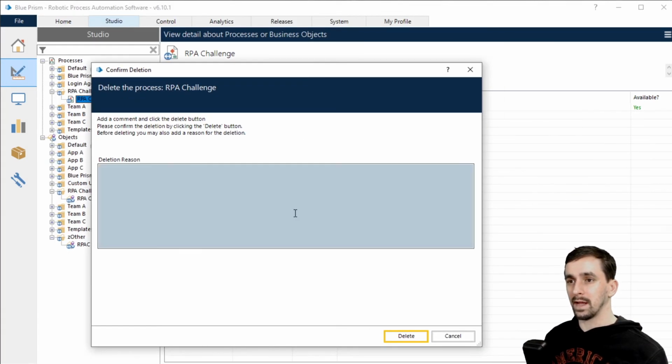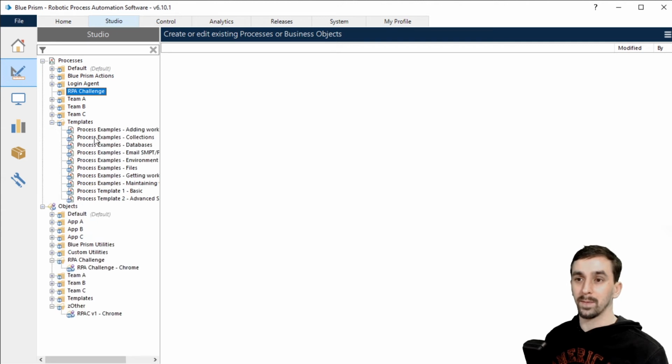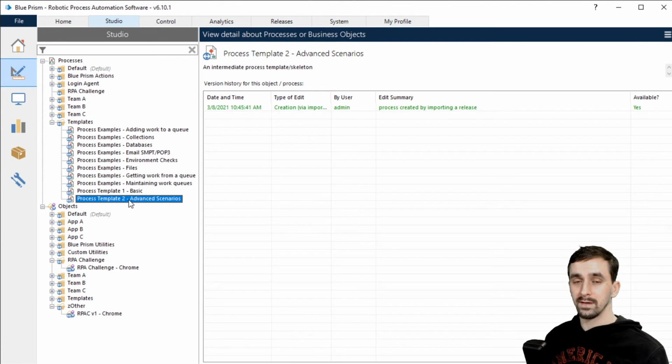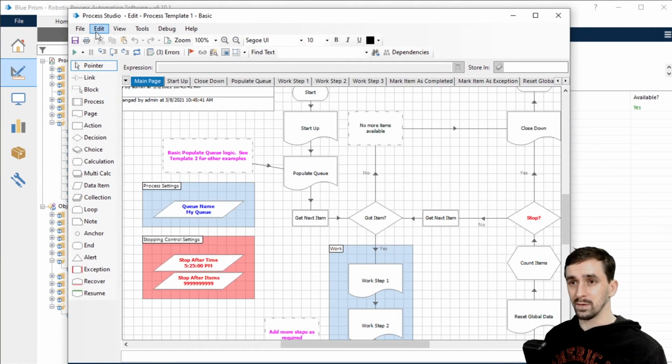And I did say that I wanted to try to do this like I really would for production. Now, let me just point out, I would probably, in a real scenario, use this template, the advanced scenarios template, but that one takes a lot longer to fill out because it's an advanced template. You have to do a lot more deleting of pages and configuring of your own items, data items, and control flow and stuff like that. So I'm going to just open up the basic template and we're just going to save this